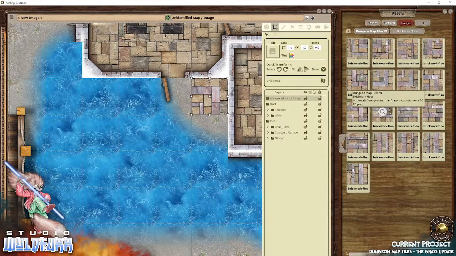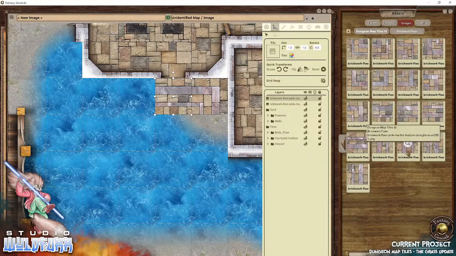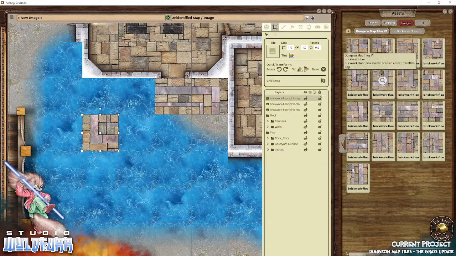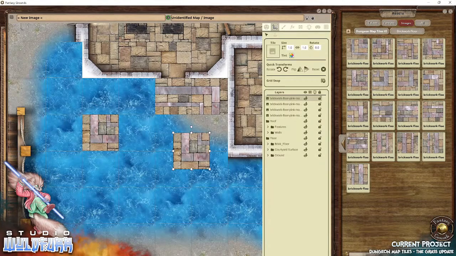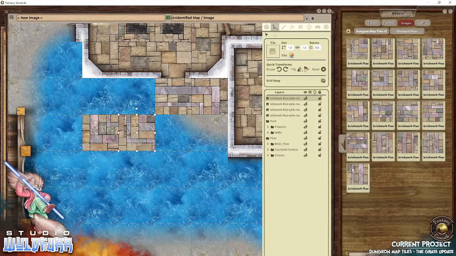So now you'll notice that it comes with two lines running around a room. One's a thick line, so this is the thick line here, and then there's a smaller line. Now it becomes a case of working out which one to use. So for example, if I just show it with this tile, the thick line is on what we would call, for this room, the outside. This is the same thing, but the thin line is on the other side. So sometimes you might want to do a room where